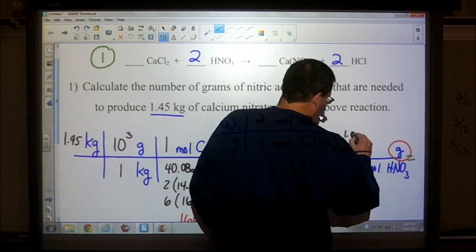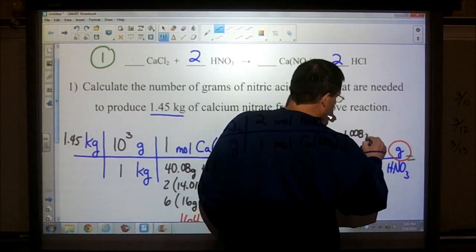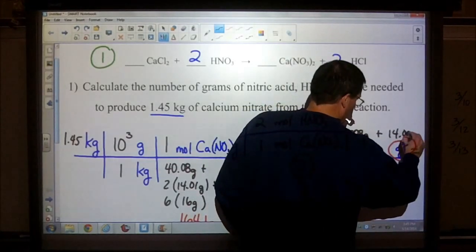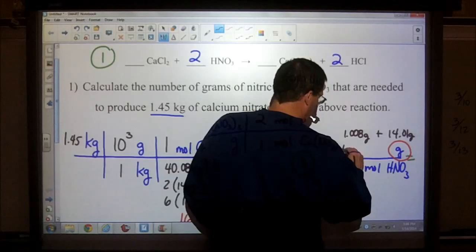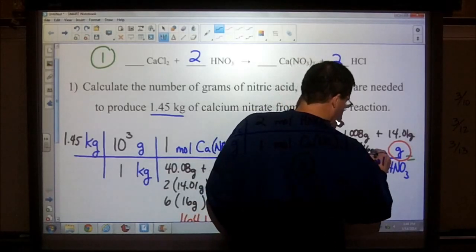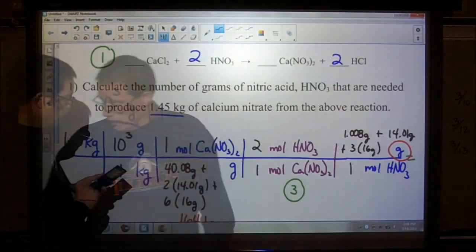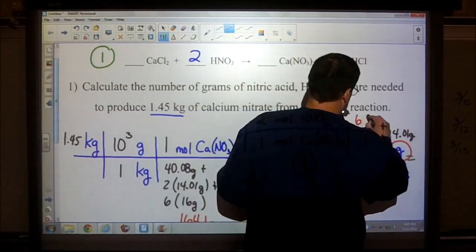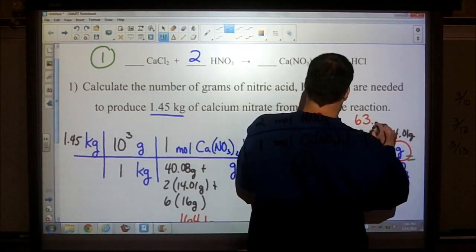So 1.008 grams plus nitrogen, 14.01, and then plus 3 oxygens. And let's find out what that is. That molar mass is 63.018